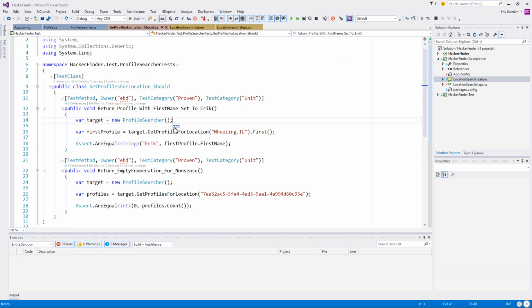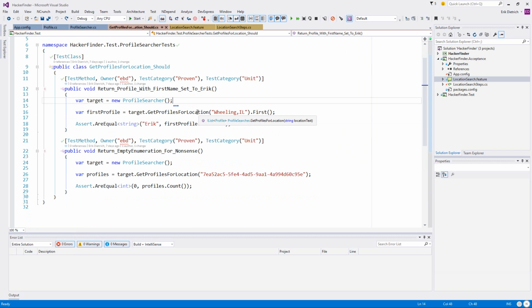And I don't want to touch Profile Searcher anymore until, let me write a failing test here. I want to get this problem squared away, because I'll keep it the way it is for the acceptance tests and run those by hand, but I want my unit tests here guarding what I'm doing. So I'm going to write